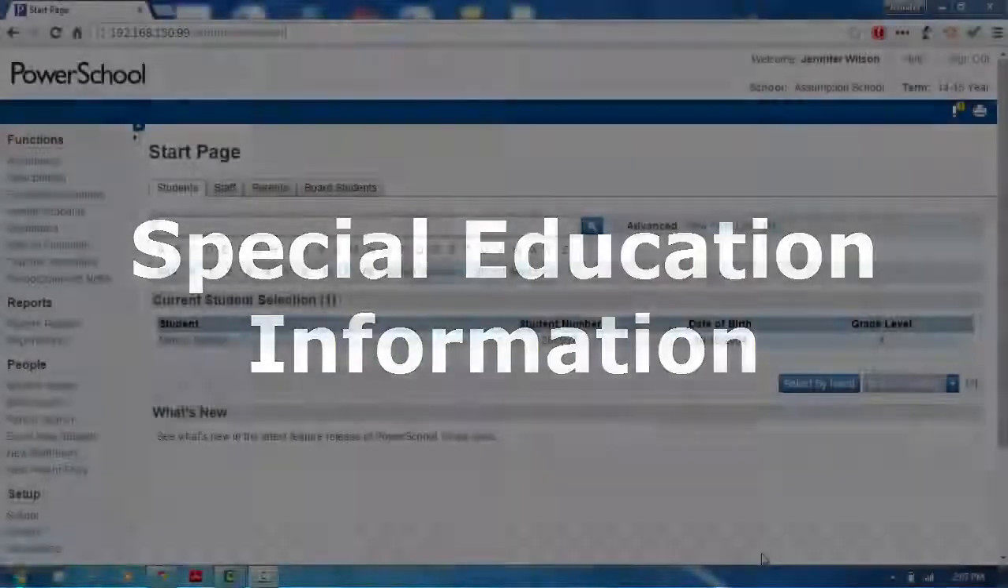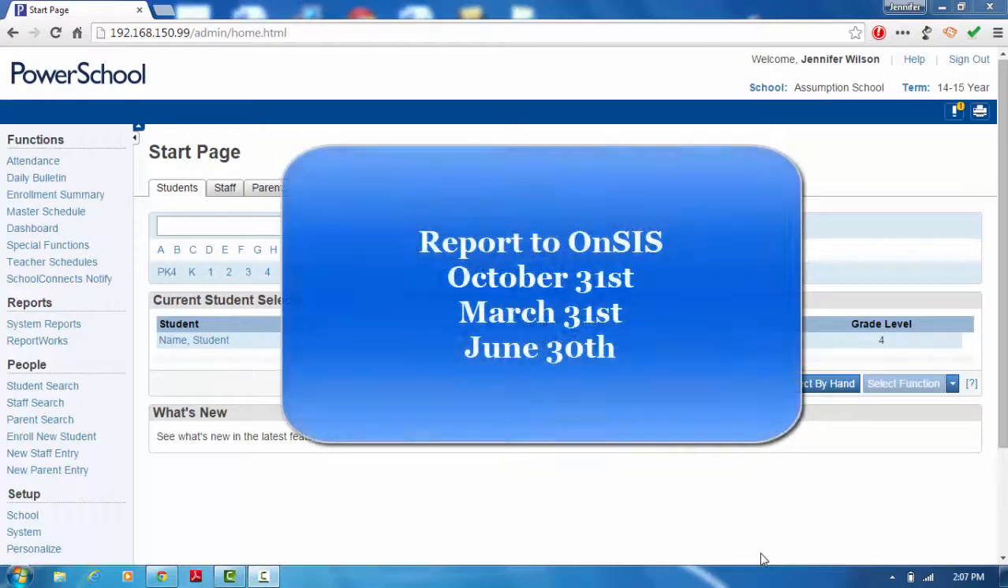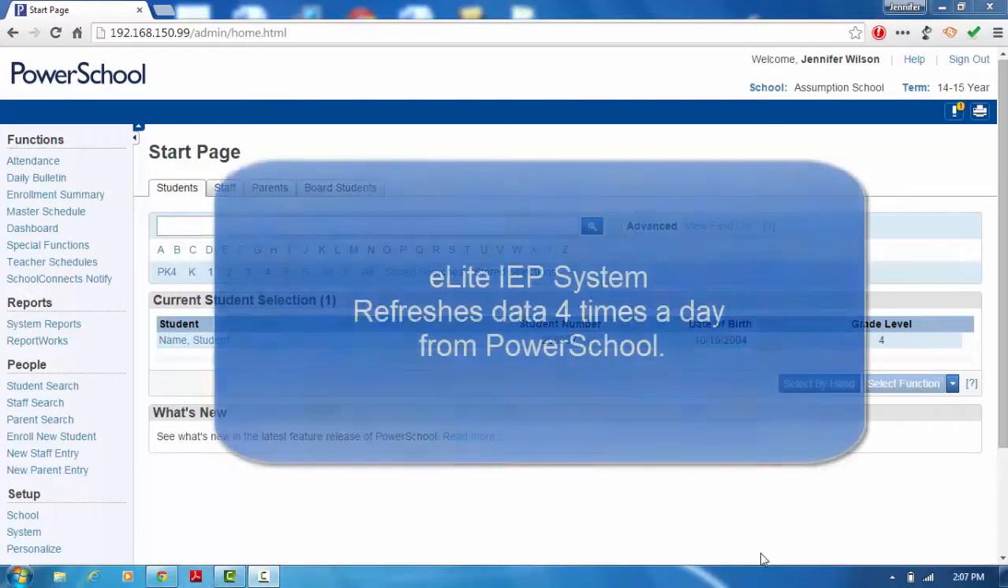Special education information is maintained in PowerSchool under Special Program Enrollments. This information needs to be accurate as it feeds ONSIS Ministry reporting on October 31st, March 31st, and June 30th, which generates the board's special education funding. All students who are on an IEP must have the special education program in PowerSchool, and this information feeds into